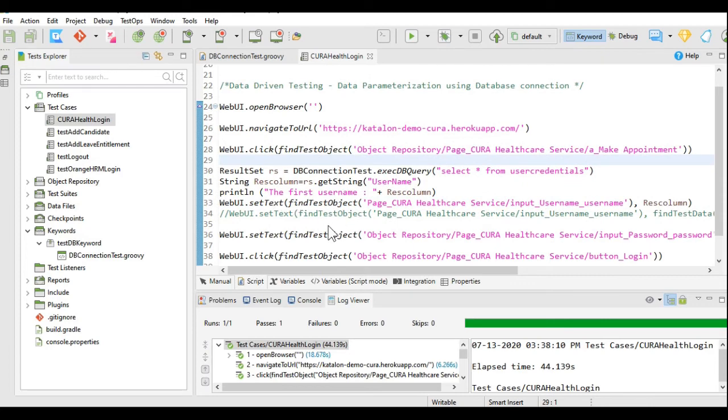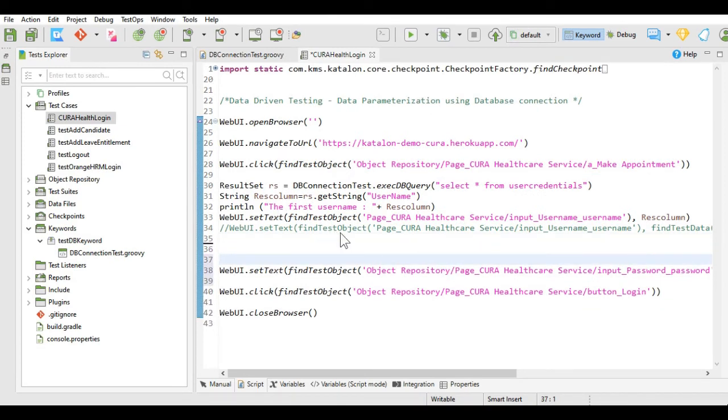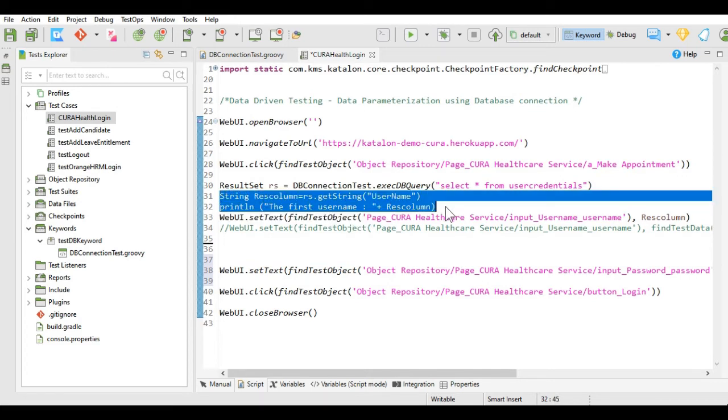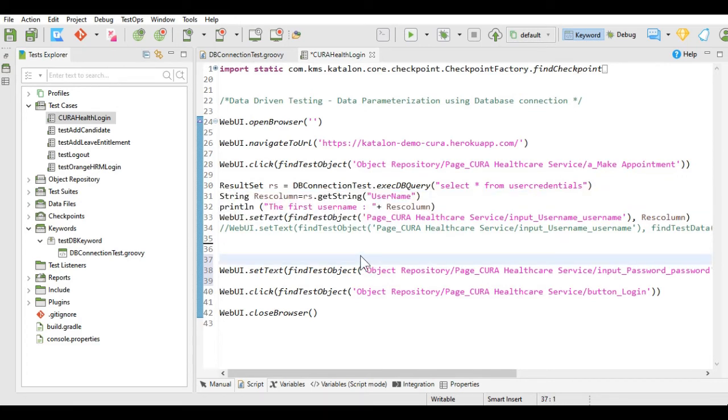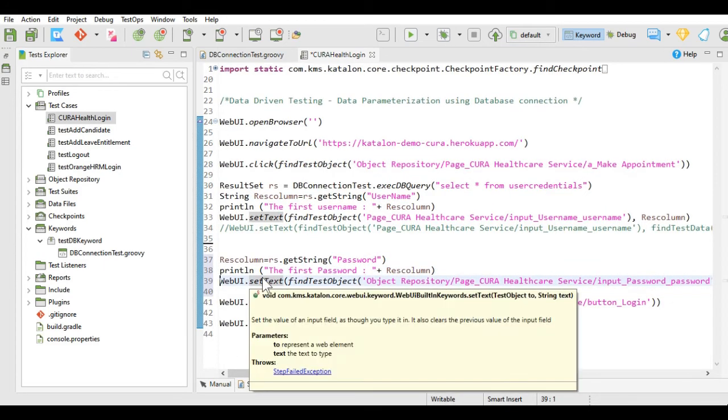Now in a similar way we will take the password value. Now we will do the same with the password column. So I will copy this code, paste it over here, and remove this string as it is already initialized. I will change the column name to password and I will print it. I will comment this code.